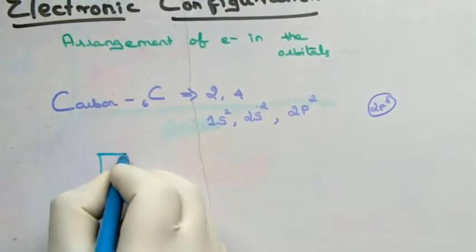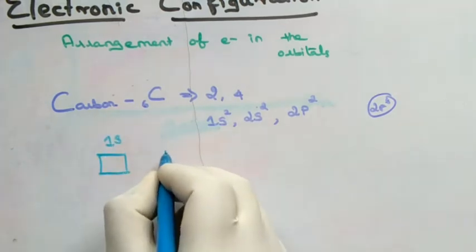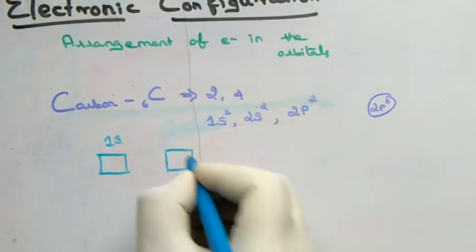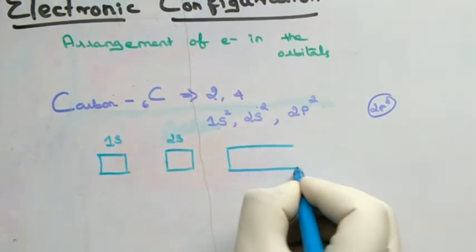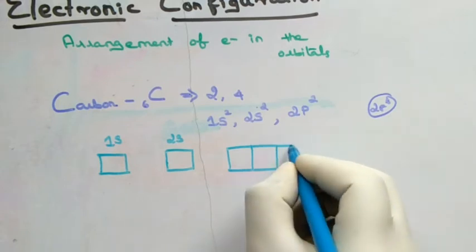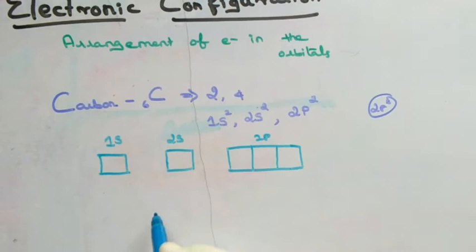First energy level is 1s. In 1s there is only 1 orbital. Next energy level is 2s. In 2s also there is only 1 orbital. Next energy level 2p. In 2p there are 3 orbitals, because already I told you that in s-type there is only 1 orbital, in p-type